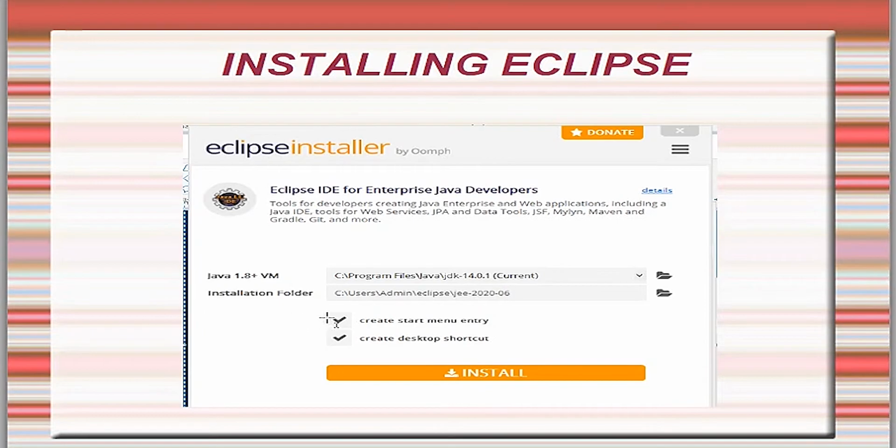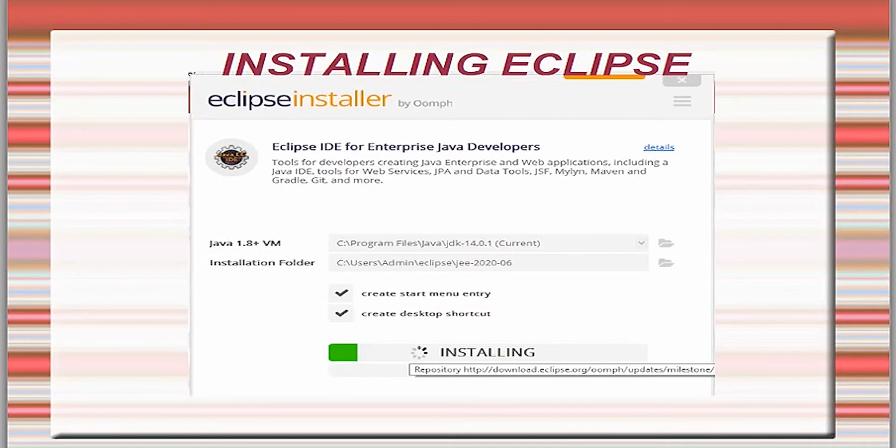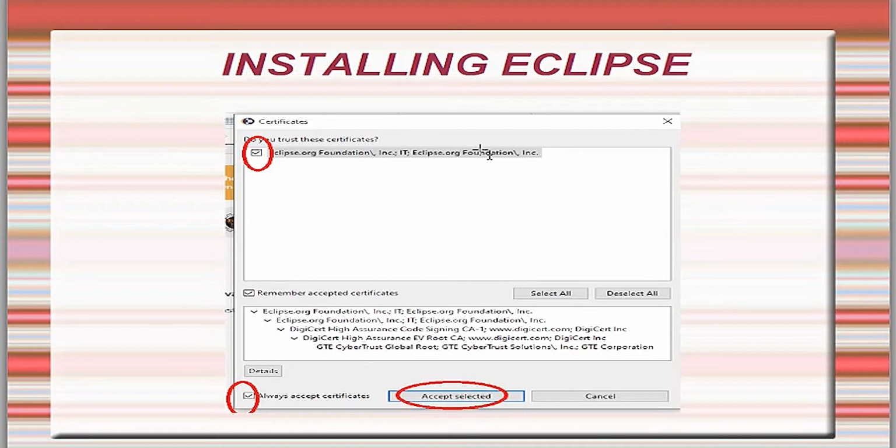Our Eclipse is using this Java 14 version and now it will take some time to install. In the middle we will get a pop-up window to accept some agreement certificates. Just click on accept selected.